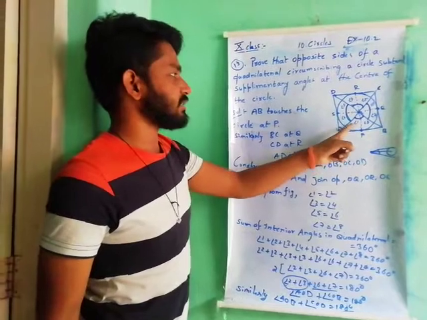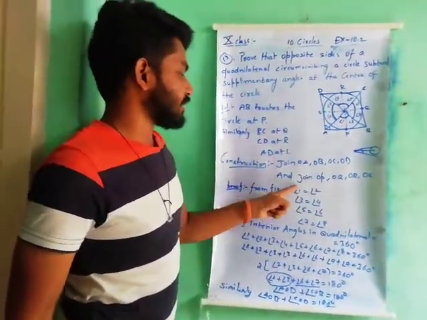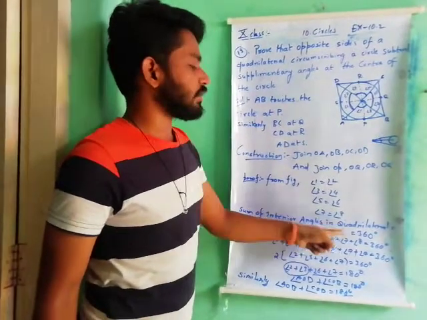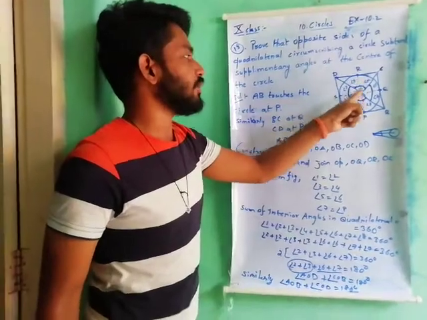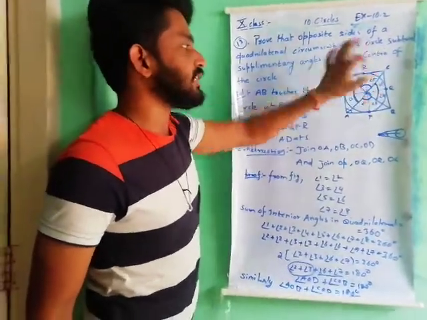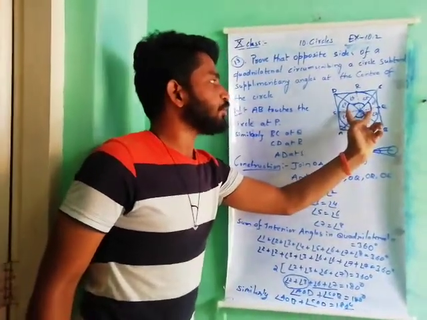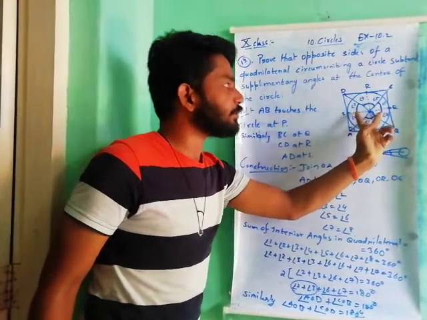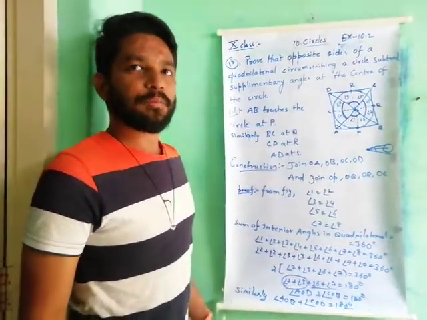Just I am taking this from an external point, the angles are equal. So first of all I have written that the angles are equal. We know that the sum of the interior angles is 360 degrees. If I want to find these two angles, you have to convert the remaining angles into these terms. Then you get 180. If you want to find these two, you have to convert the remaining angles into these terms. Then you get another 180. So finally the proof is completed.